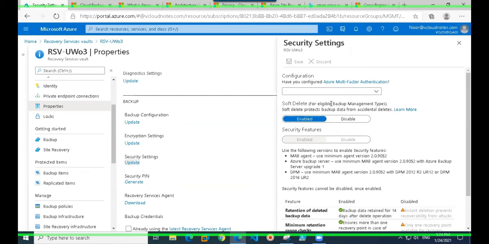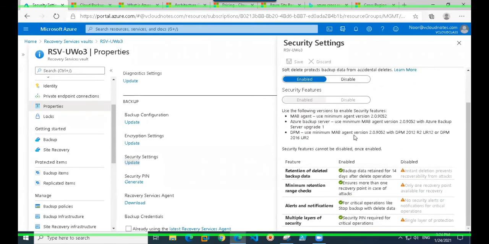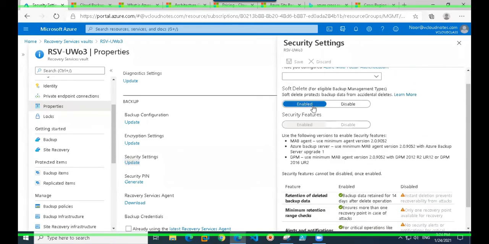You want to revert that removal process. That is where you would get that removed backup available for 14 days. Okay. So this is enabled by default. And in any case, if you want to disable it, you can disable it, right? Because this is also something which would have some cost involved.